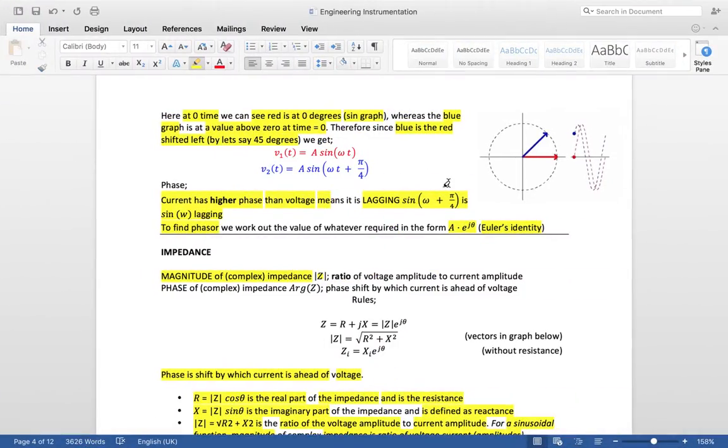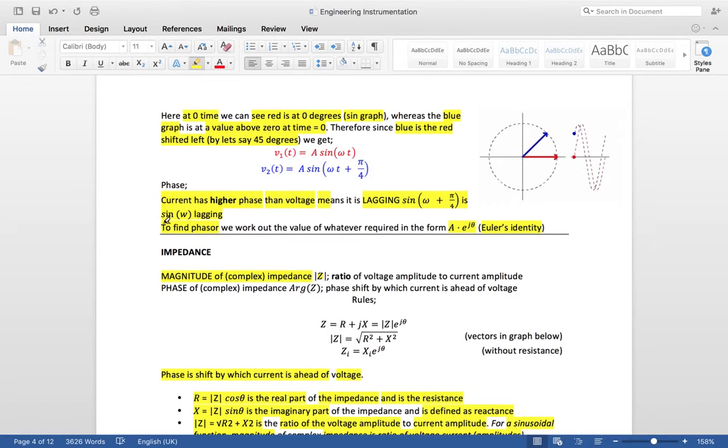So at zero time, we can see the red diagram is at zero, and the red one represents the sine, of course. And the blue one at zero is extended by an angle of 45 degrees. So V at the beginning is A sin(ωt), and the voltage later is A sin(ωt + π/4). So π/4 is the phase, the amount by which it shifts with respect to the initial